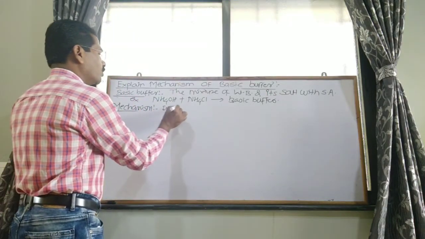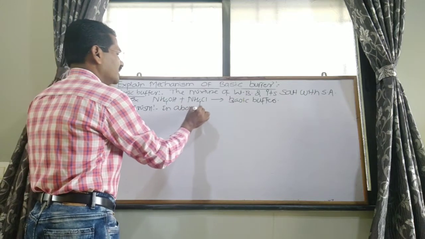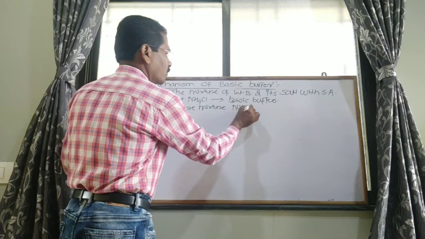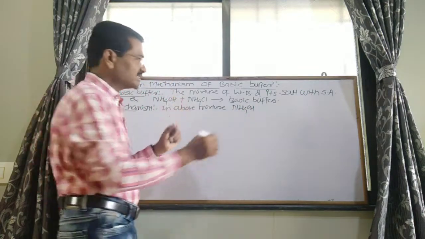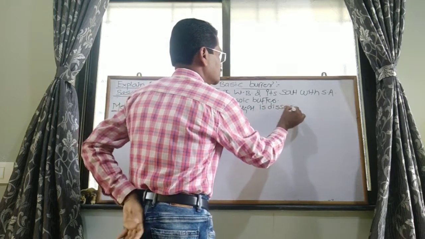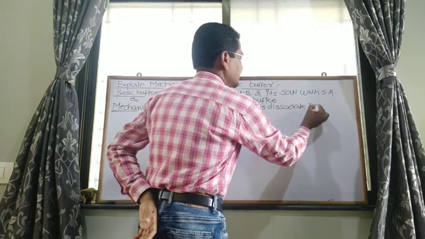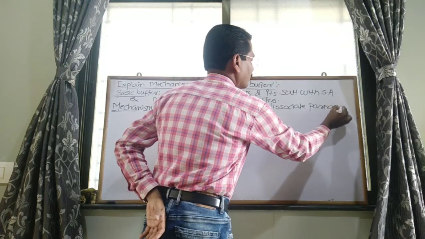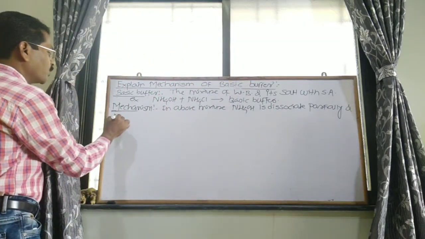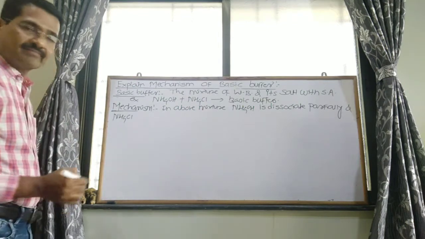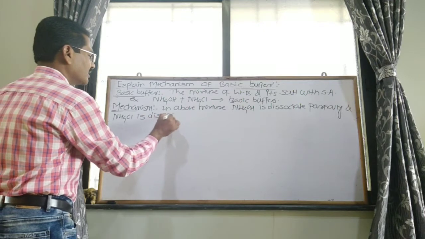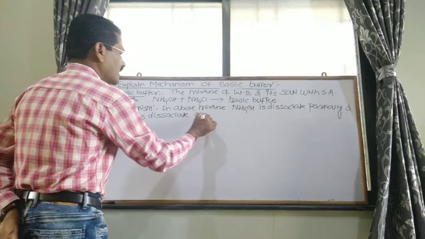So in above mixture, NH4OH weak base dissociates partially and NH4Cl ammonium chloride dissociates completely